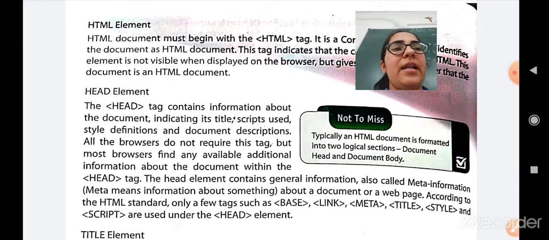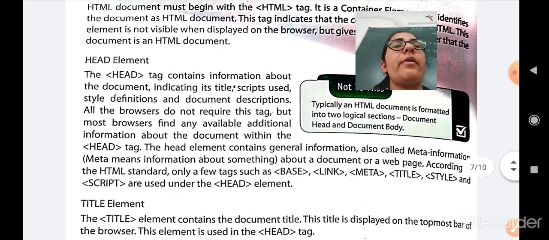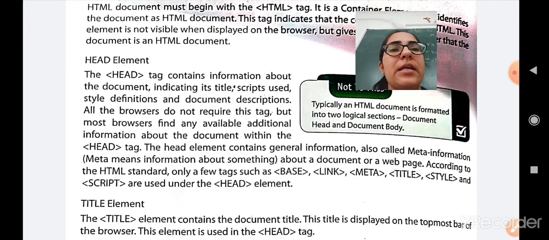Next is the head element. The head tag contains information about the document. It means the title, the scripts used inside it, style definitions, and the document descriptions. All the browsers do not require this tag, but most browsers find any available additional information about the document within the head tag. The head element contains the general information, the meta information, it means the additional information. Meta means the information about something, the additional information given to indicate what this document is about.